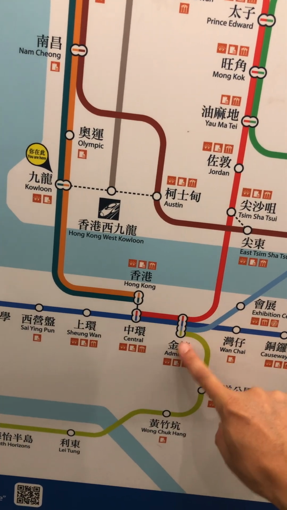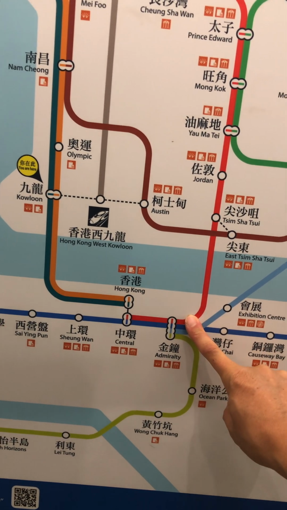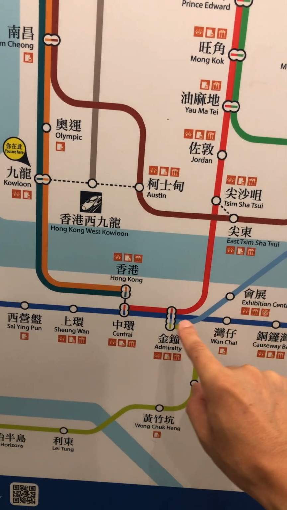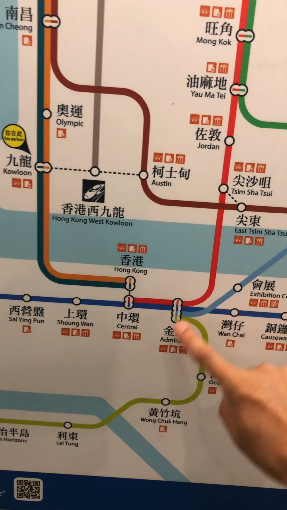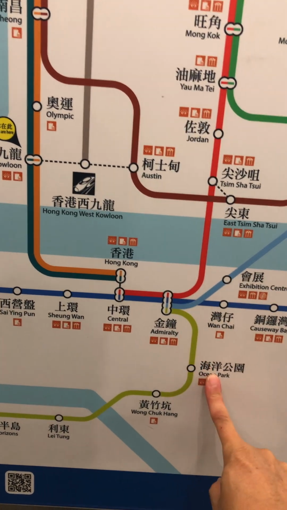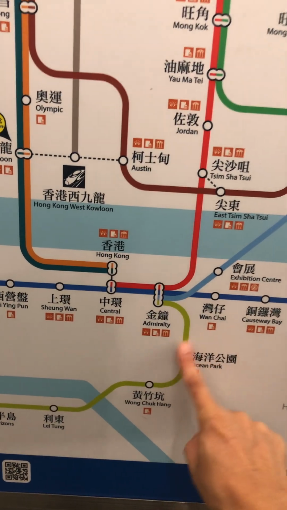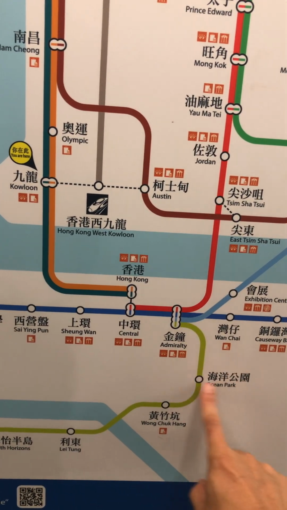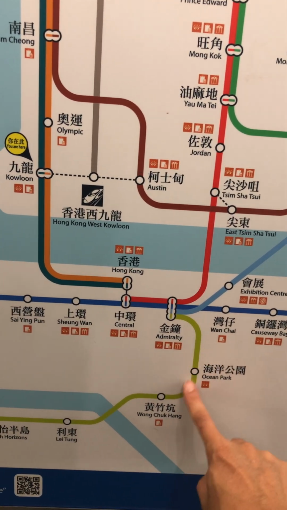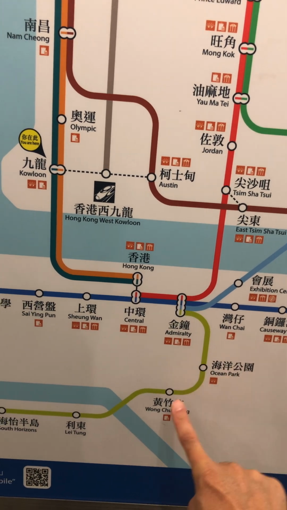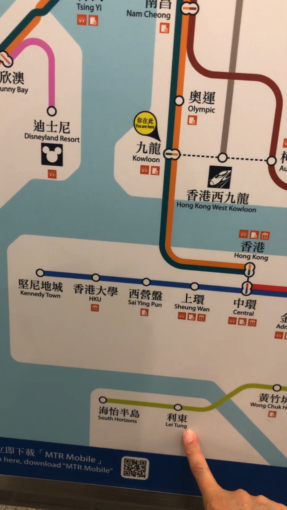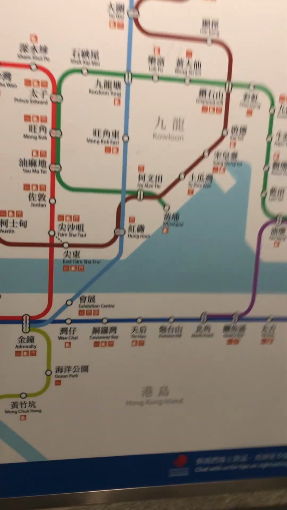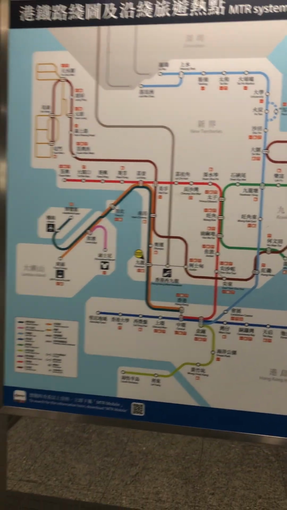You see, MTR have four lines together. They have the red line, the deep blue, light blue, and then the green. This one starts from Admiralty MTR and goes to Ocean Park, our leisure land. You can see the sea animals and some machines to play and ride on. Ocean Park is famous. Wong Chuk Hang, Lei Tung, and South Horizons. Okay, this is basically what we have and how to use